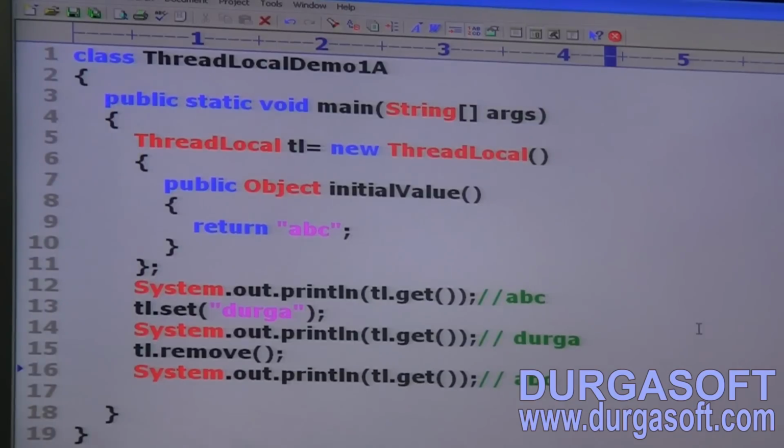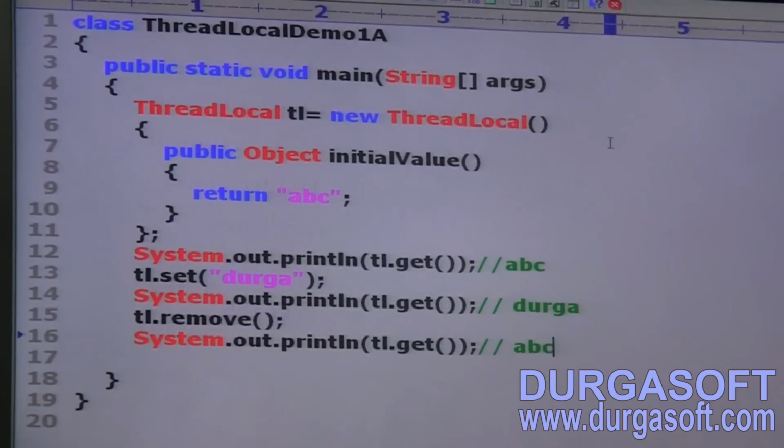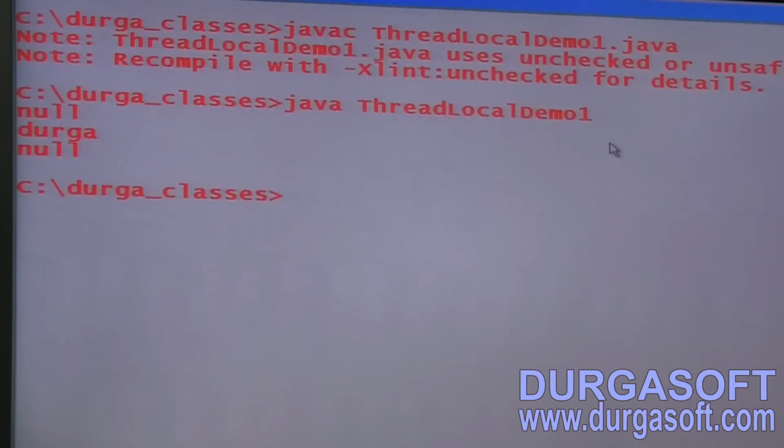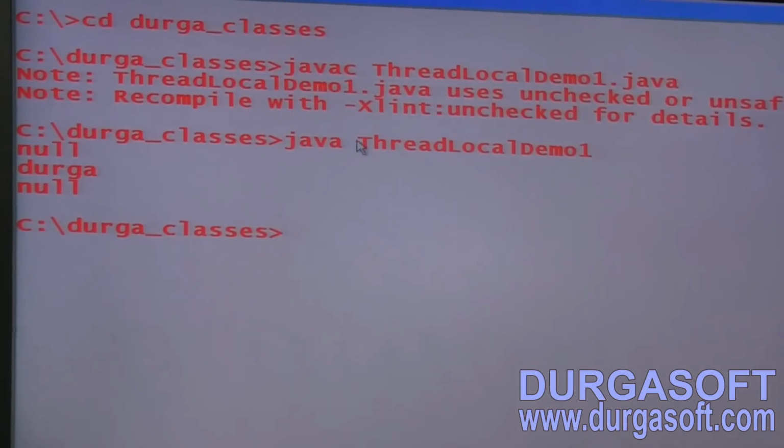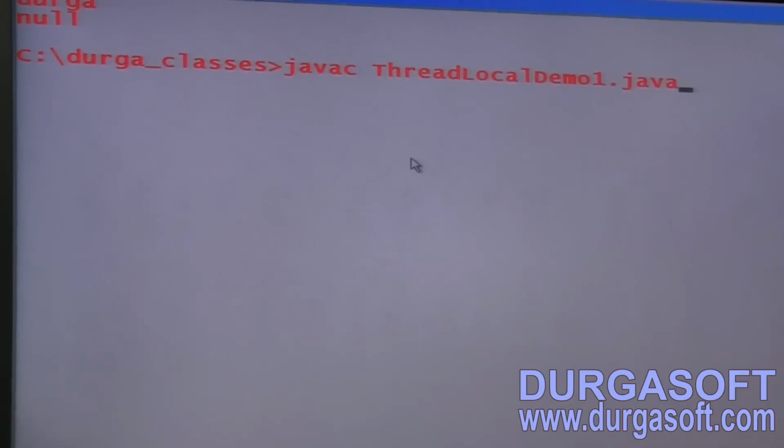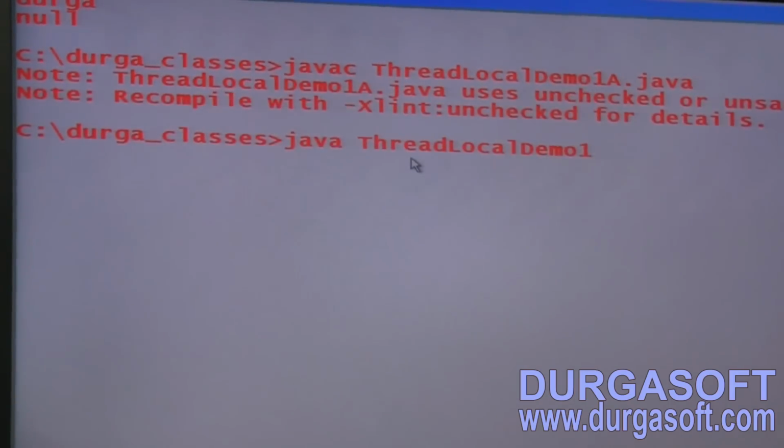Now observe. Okay, here let me compile and run. ThreadLocalDemo1a. Are you getting? ThreadLocalDemo1a, like 1a.java. Okay, ThreadLocalDemo1a. Have you observed? First ABC, next Durga, and then ABC. Clear, right?